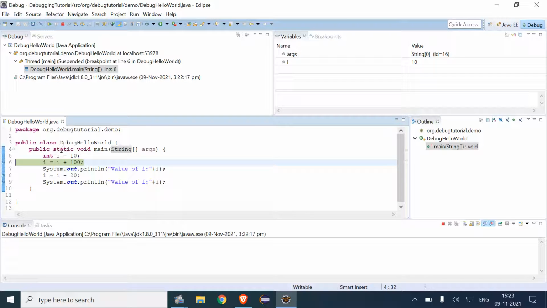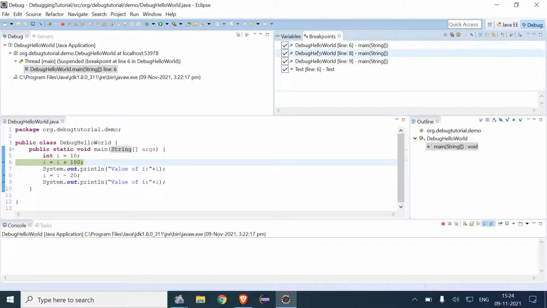So in this sample program, we have given three breakpoints at this point of time. The first breakpoint is in the sixth line, the second is in the eighth line, and the third is in the ninth line. So basically, line number five already got executed. It stopped at line six. And when we come to the breakpoints view, it will show all the breakpoints. Right now it is showing the three breakpoints, 6, 8, and 9.